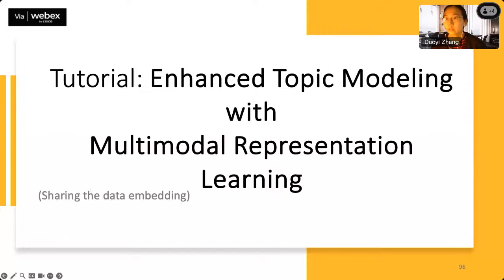Okay. This tutorial is about the multimodal topic modeling paper we discussed in the second session. It is called Enhanced Topic Modeling with Multimodal Representation Learning. And before that,